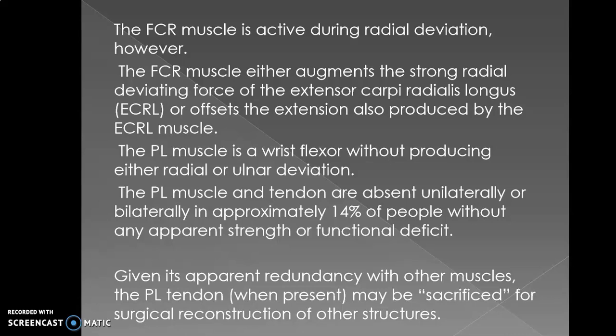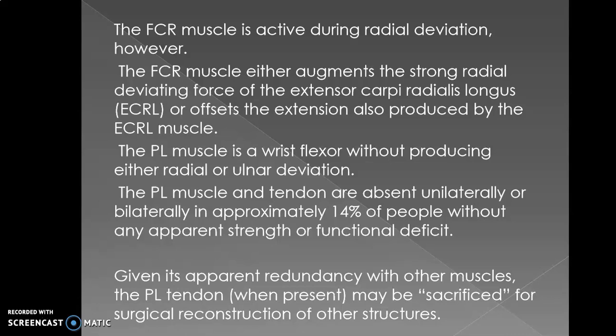The palmaris longus muscle is a wrist flexor. It is a main wrist flexor, without producing either radial or ulnar deviation, because you have seen the palmaris longus tendon is in the center. Now if you contract your hand, just try to flex your right wrist joint. What you see as a main tendon popping out of your skin is the palmaris longus. Why? Because it is not inside the retinaculum. That's why it is popping out, and you can see that this is bowstringing. But this does not happen to all other muscles.